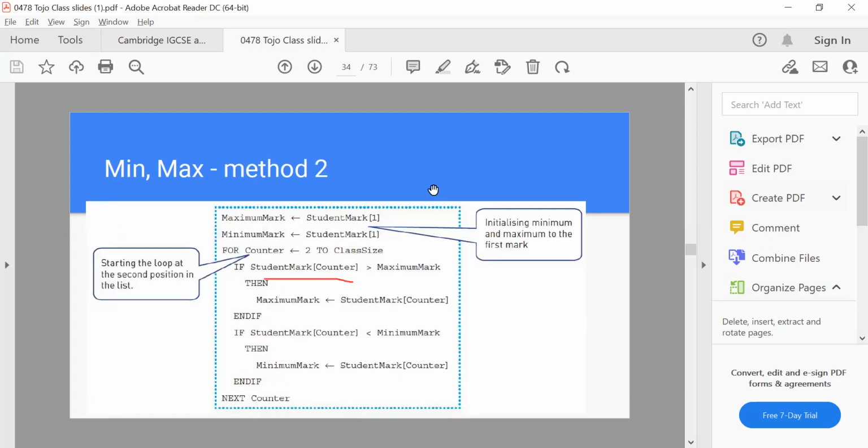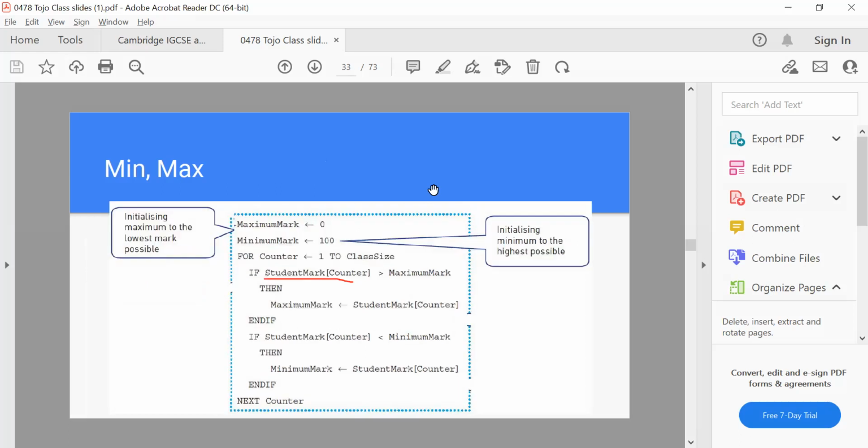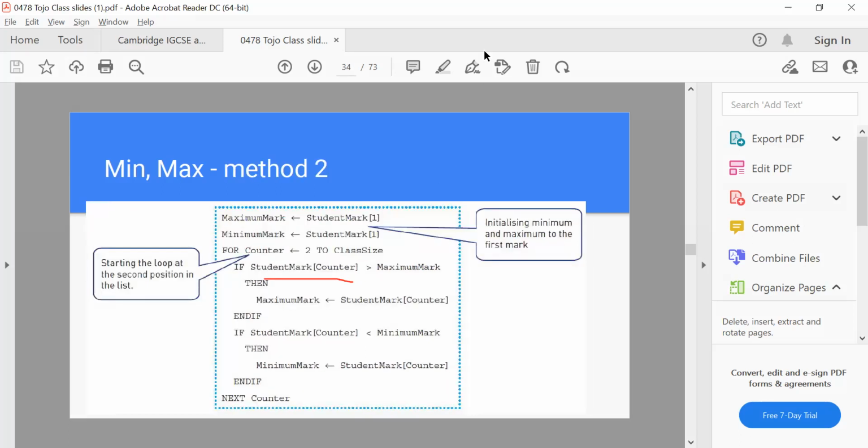So the difference between that code and this code is that here, if he knows the minimum mark and the maximum mark, or even knows what is expected for the minimum and the maximum, then yes, he can assign them at the start.